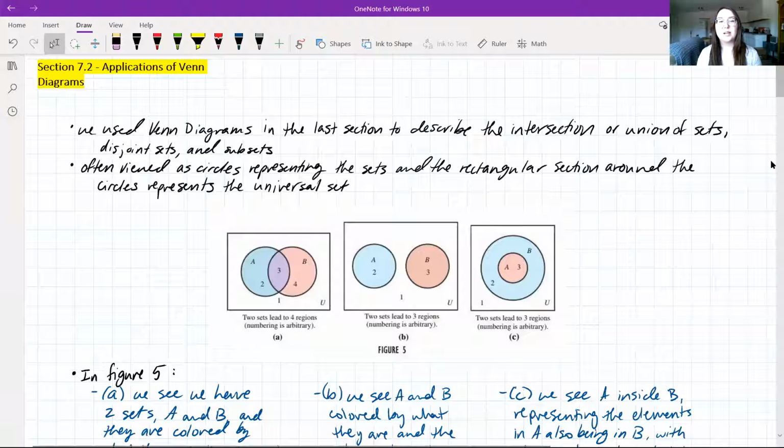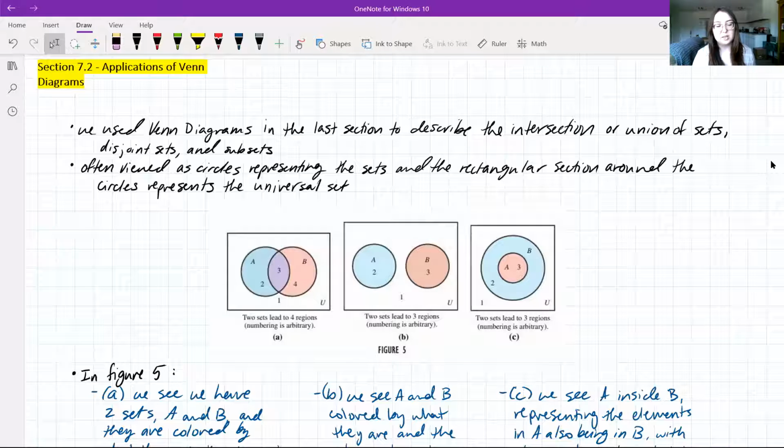Hello everyone, we're going to talk about section 7.2, applications of Venn diagrams. So in section 7.1 we talked about sets and all the basics. We also talked about one of the main ways to depict sets, or see them visually, which is to use Venn diagrams. We used them in our last section to mostly describe the intersection and union of sets, or disjoint sets